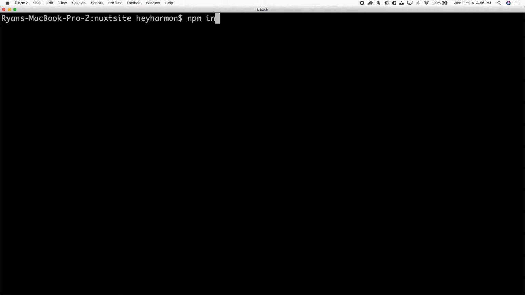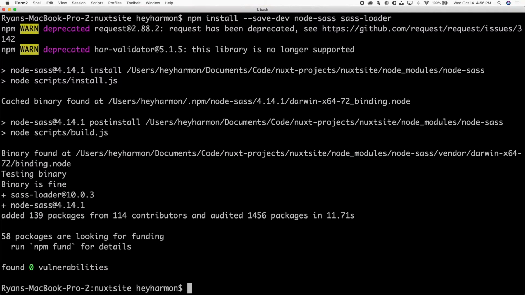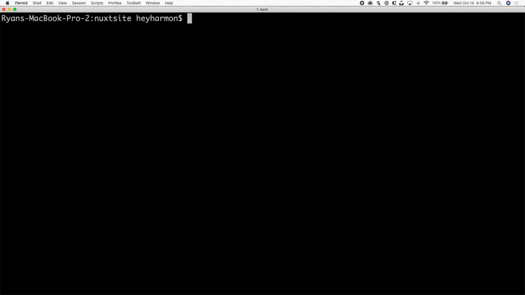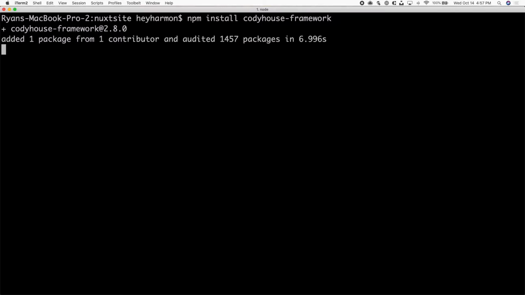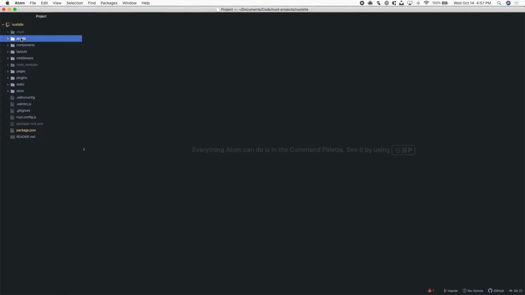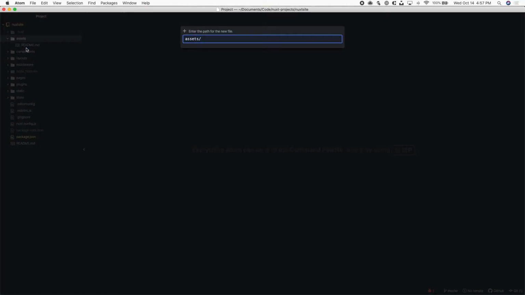I'll be working with Sass, so I need to install two Sass dependencies, Node-sass and Sass-loader. These will work together to compile our SCSS. My goal is to build this site as fast as possible, so I'm going to install Codyhouse Framework, and this is our CSS library. Within assets, create a directory called SCSS, and within there,